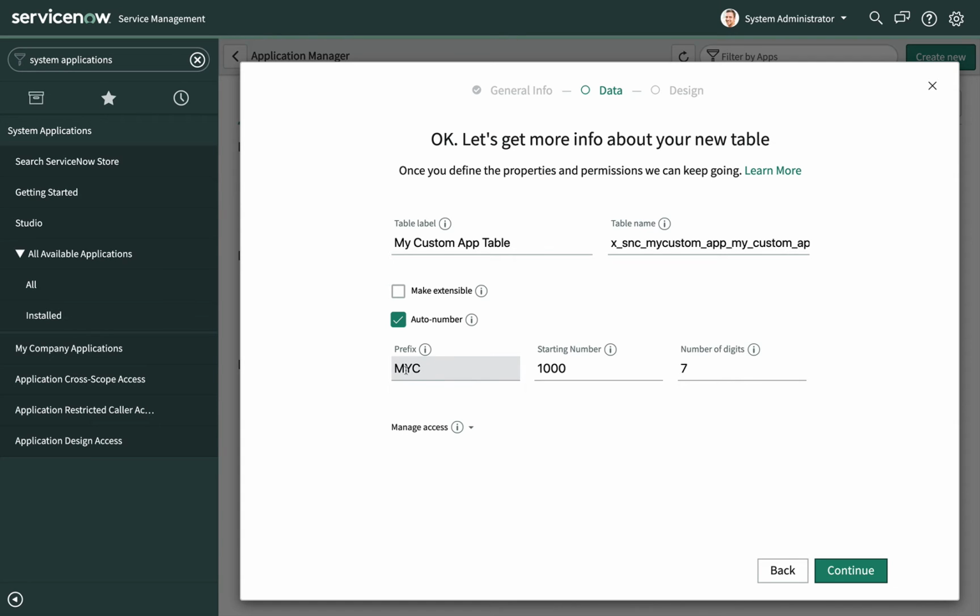You can set up and identify a prefix for the numbering used for the table, a starting number, and then the number of digits to use in the automatically generated numbers in the numeric part of the number field. By convention, record numbers typically begin with a 3-character uppercase string followed by some number of digits.